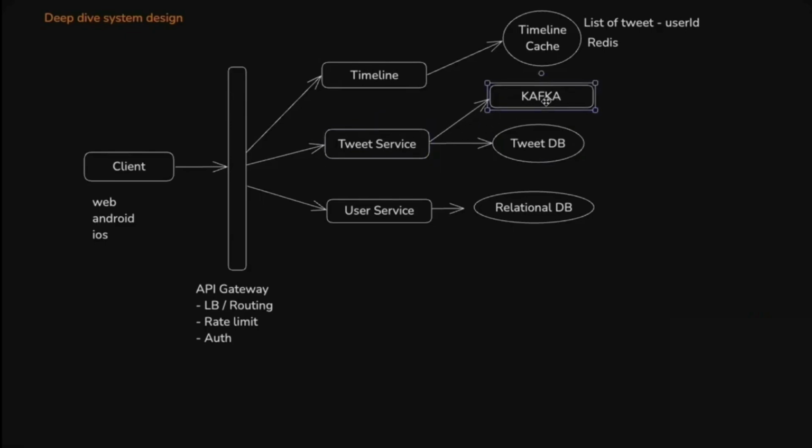So when the message is published to this Kafka, there would be a consumer. There is a group of consumers here, or workers you can say. So let's say a feed creation worker. This could be a batch job or real time. Here we are considering this as a consumer in real time. So whenever there is a message published in Kafka, these consumers would pull this message from the Kafka topic, and these consumers will add this information into the Redis cache for the users, so that they don't have to do